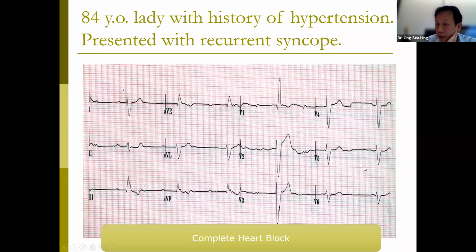The electricity is coming out on its own, and where is it coming from? When you see a right bundle branch block pattern, it means that the electricity is coming from somewhere in the left ventricle, and you see here it's moving towards the inferior leads, meaning it's coming from the top part of the left ventricle. Because it is not coming from the His bundle, this is an unstable rhythm,